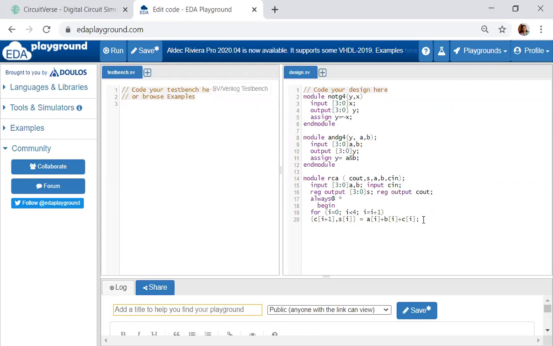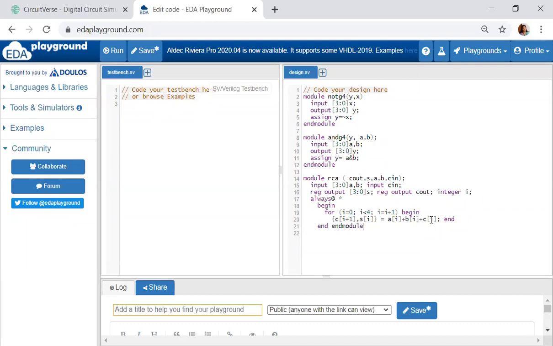And there are some wires which we are getting. So wire, and also I have to have integer. Integer I, because I have used integer I. Okay, I think this will work. For, then since there's only one statement, I don't require a begin and end. If you want, I can give a begin and end for the for loop. Begin, end, and end for the always statement, and I'll give one end module.